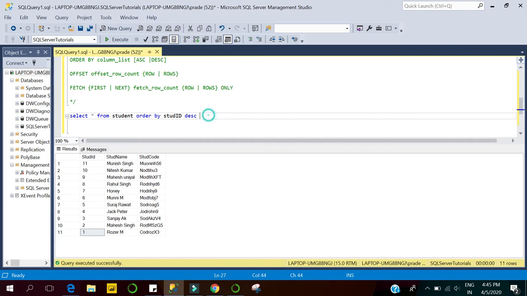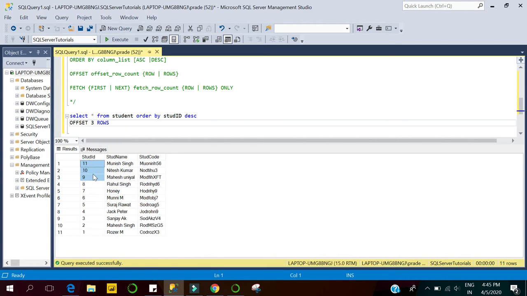Now here's our result set and we want to skip the first three rows from it. So we will use offset with three rows, simply like this. It means our result will first be sorted in descending order based on the student id, and then the first three rows will be skipped, and we will get the remaining result set from id 8.